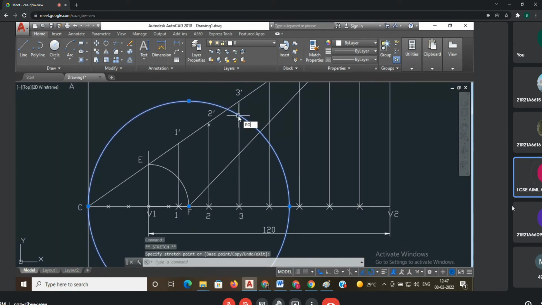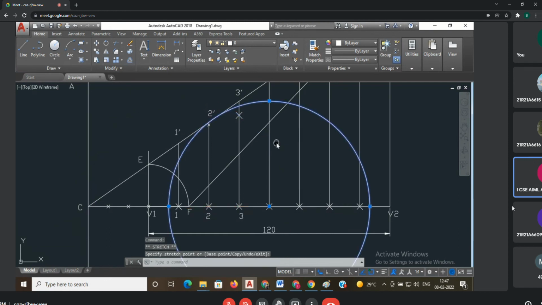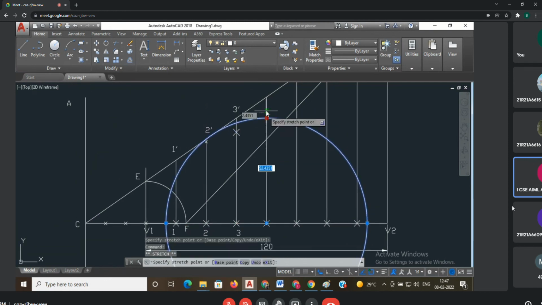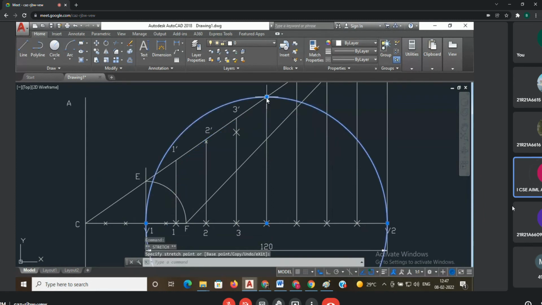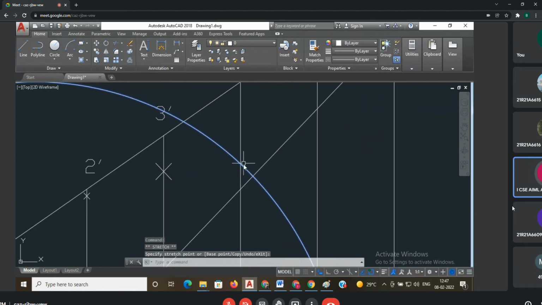Make the point. Next, again shift this center from F to 4. Now increase the size to 4 dash. Next shift the center from 4 to F. Where it is intersecting, somewhere here, 4, 5.